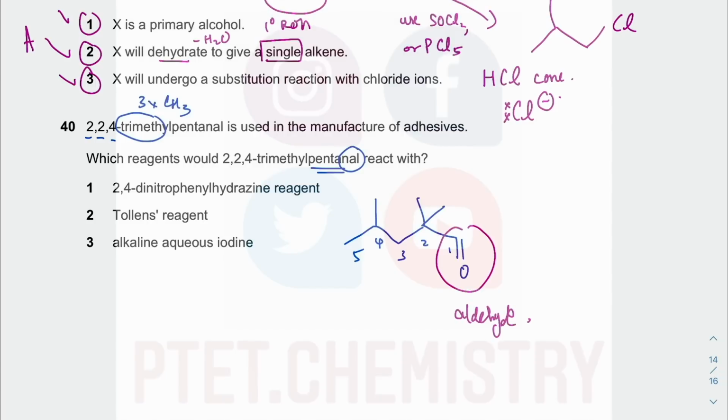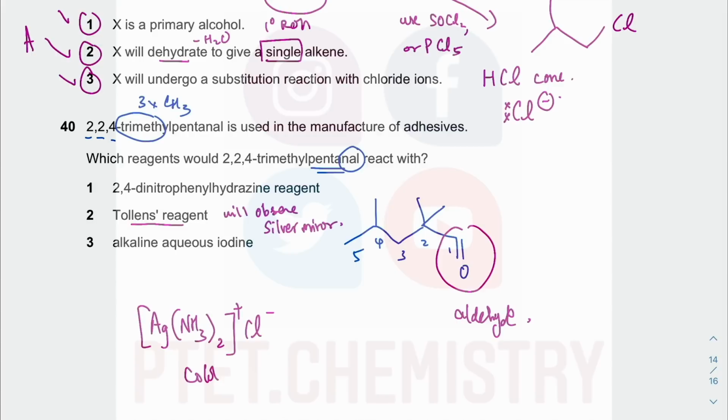So an aldehyde can react with Tollens' reagent. You will observe a silver mirror, because the Tollens' reagent will go from Ag(NH3)2+, so this is colorless. It will go on to form silver because this is reduction. Silver plus 1 because this has no charge, so the plus 1 refers to the silver. This is silver 0 because you form a silver mirror, because the aldehyde gets oxidized. Alright,